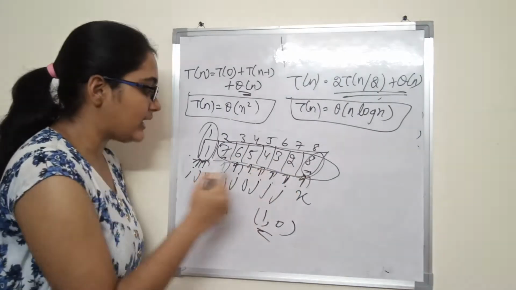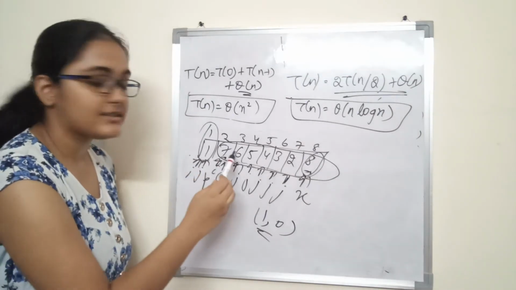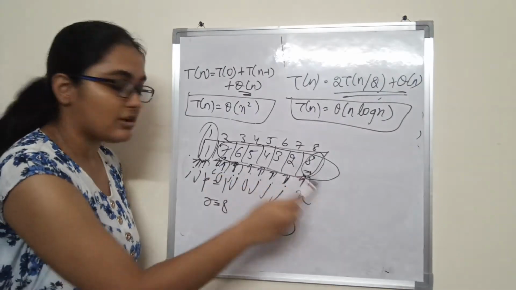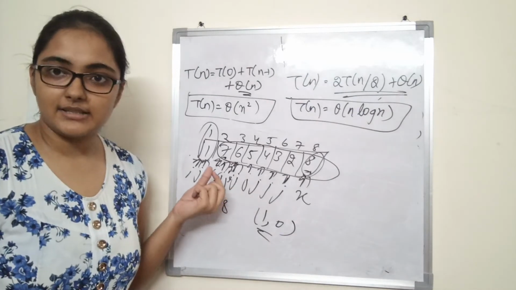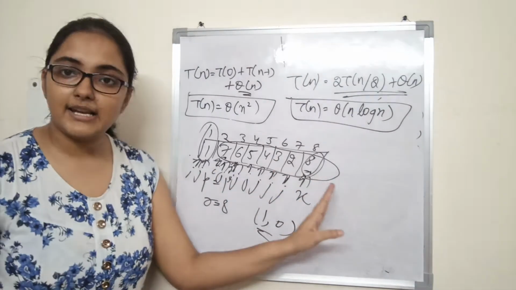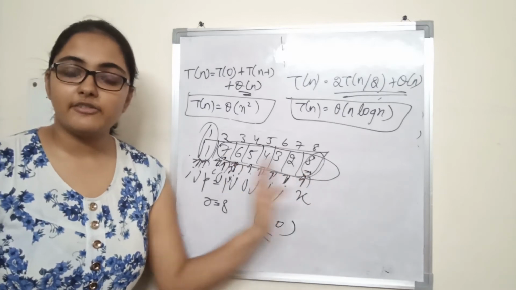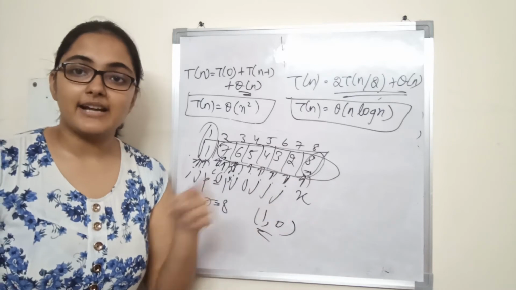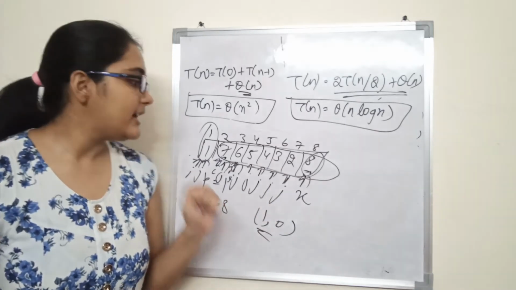7 is less than or equal to 8. True. I will be incremented, and J and I both will point to the same element. As a result of the exchange, nothing will happen. Now again J will point here. Alright, so 6 is also less than or equal to 8. Then again I will be incremented. The previous case that we discussed: the first time it will not find an element smaller than the pivot, and in the subsequent cases it will find that all the elements are smaller than the pivot element, and then again it will try to exchange the same element with the same element. So nothing will happen as a result, right?